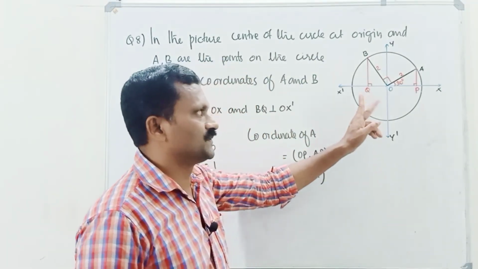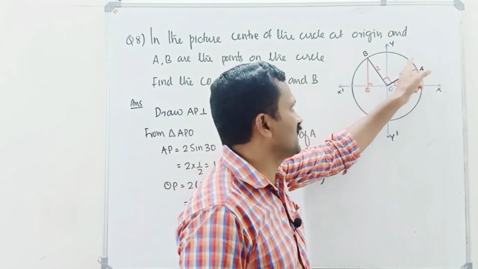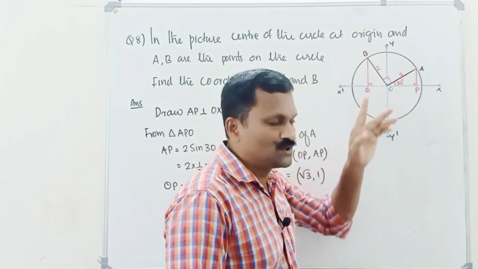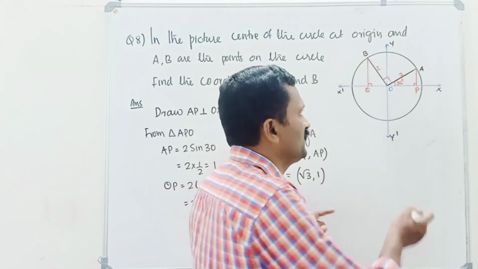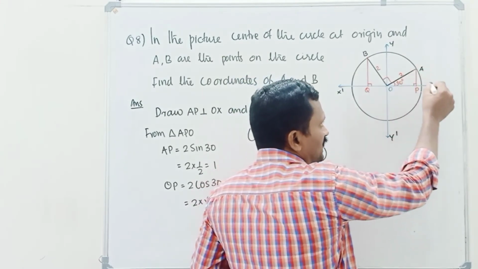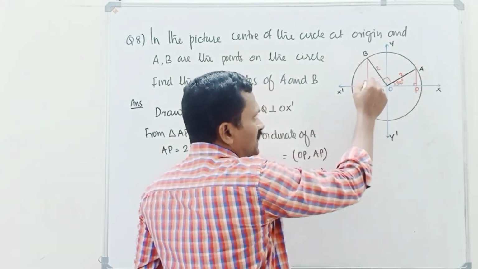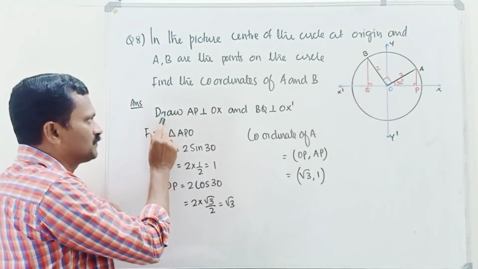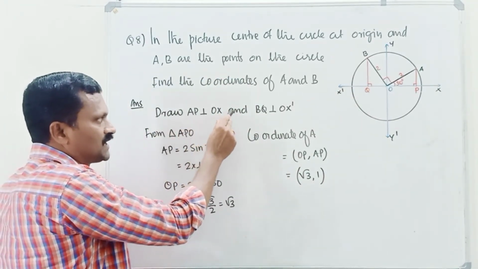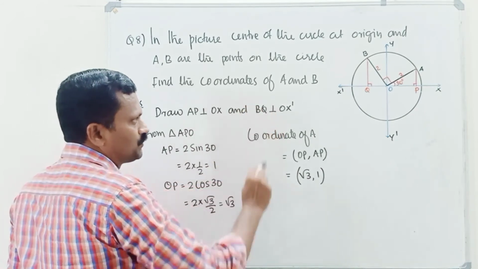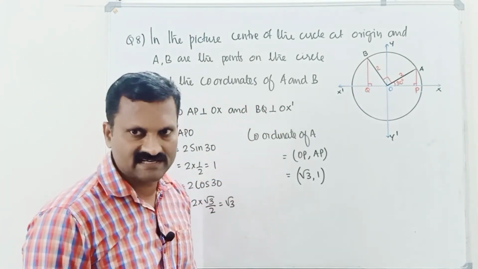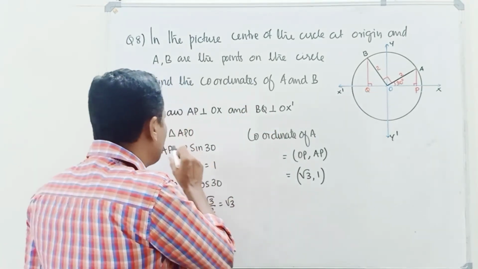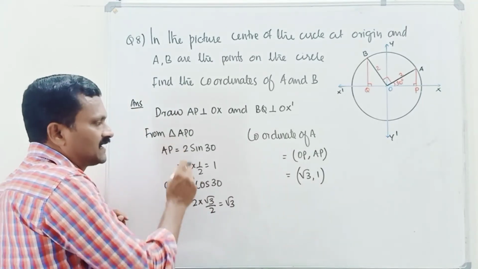First we draw the perpendiculars from A and B to x-axis. In the picture, AP perpendicular to OX and BQ perpendicular to OX dash. First we draw this step. Draw AP perpendicular to OX and BQ perpendicular to OX dash. Okay? From the right triangle APO,